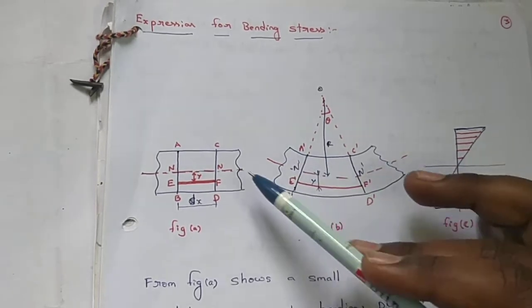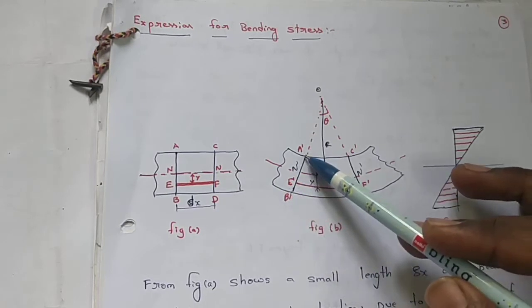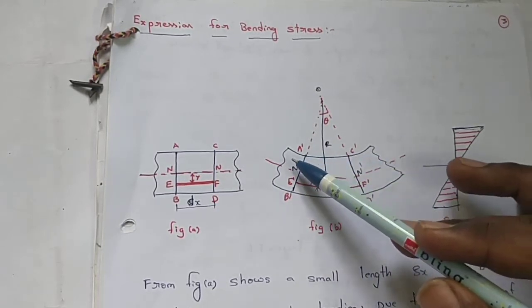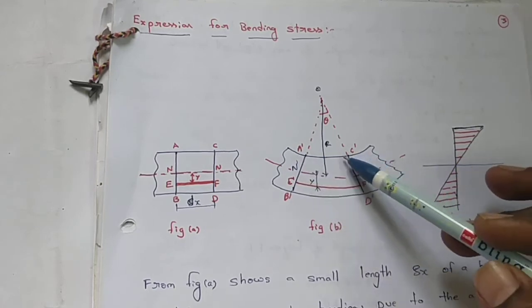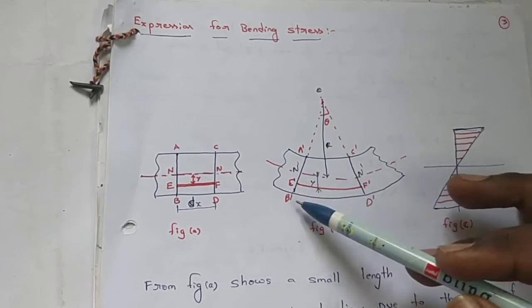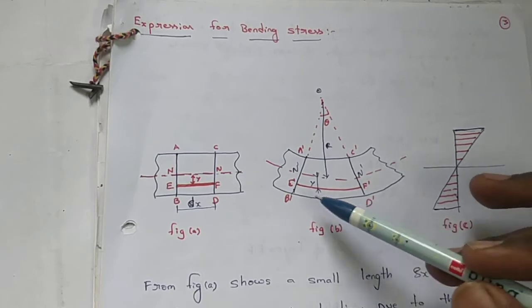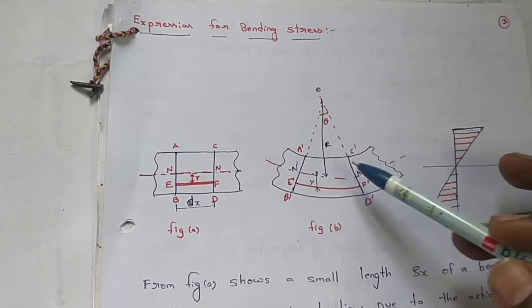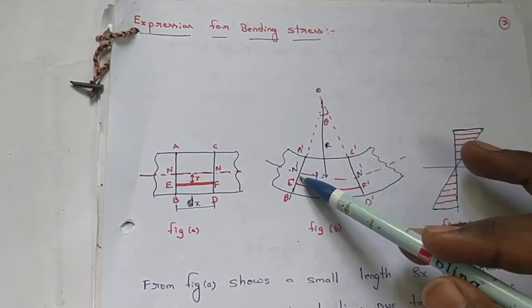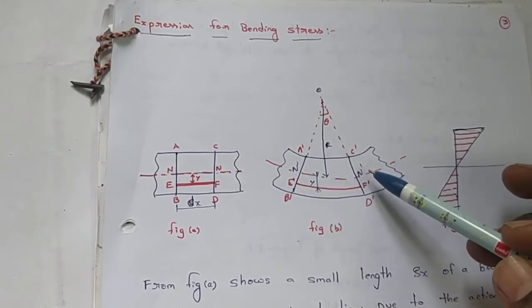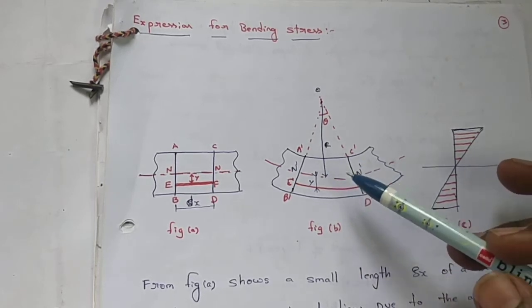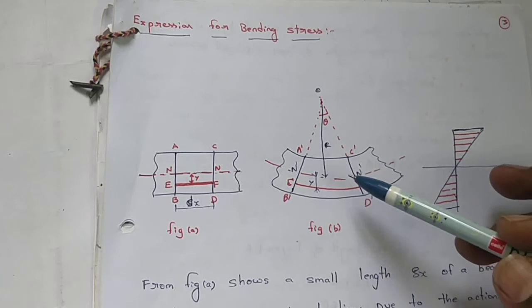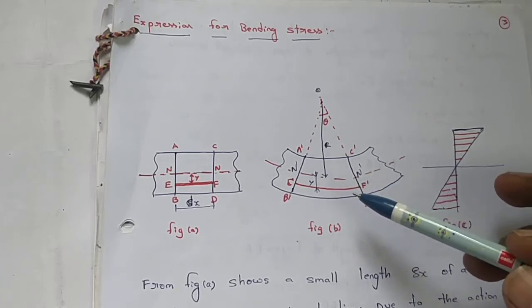That means A dash and B dash turn inclined, and A dash C dash, the length of AC, is going to decrease and the length of the BD layer increases. Next, the neutral layer is not changed, so NN is equal to N dash. Next, E dash F dash is increased. Based on the element EF, I am going to calculate the bending stresses in the beam.